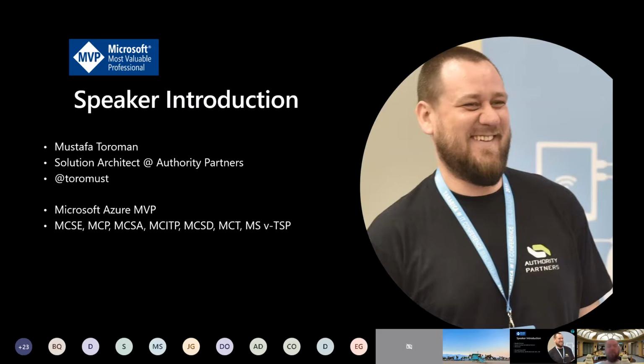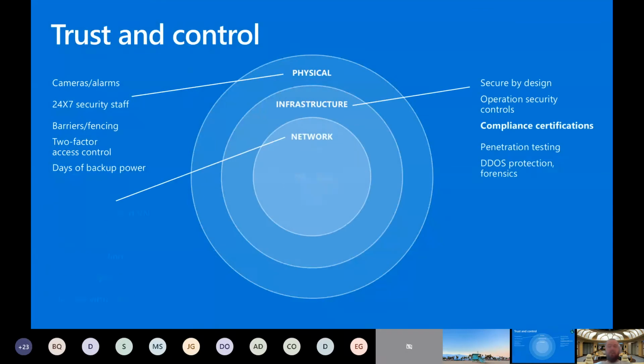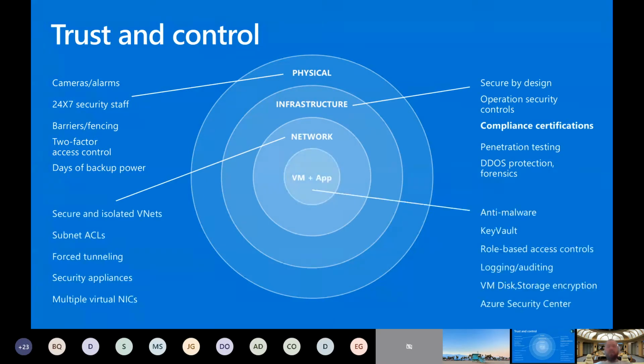Before we start addressing things about security and cloud, we need to understand a few things. We need to address certain points that will help us move to the cloud and keep everything tight and under control. There are a lot of different areas when it comes to cloud security. So the first part is